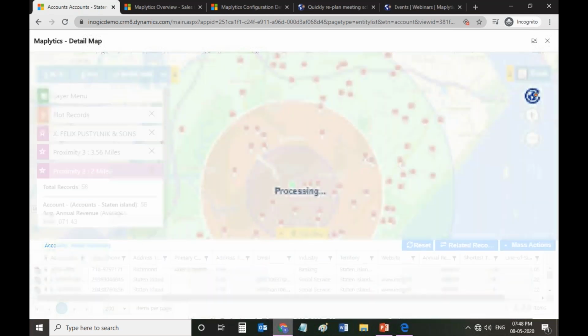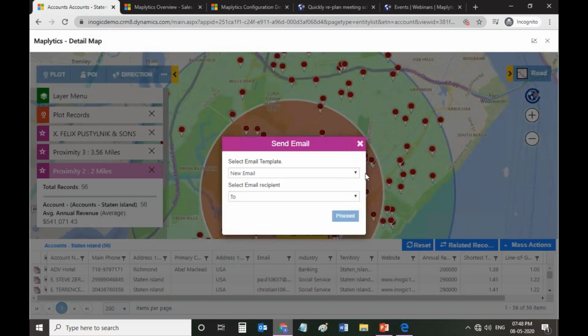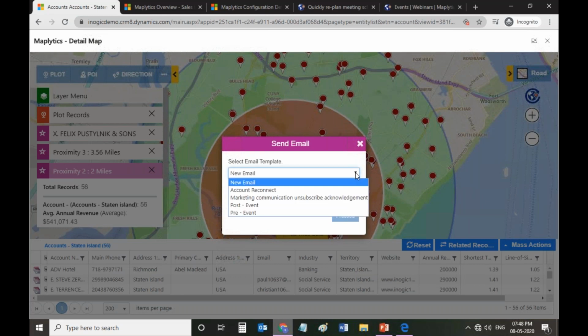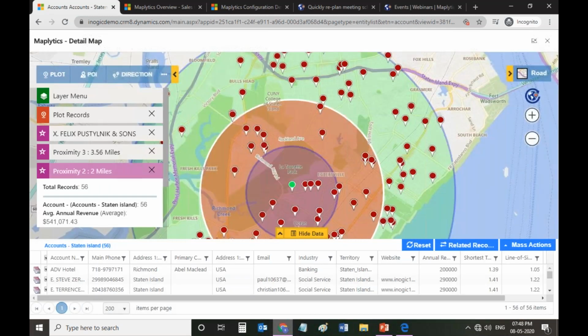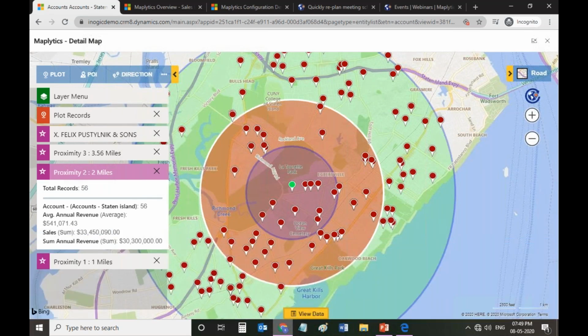If I just select the option of sending an email, this will give you the option to select a new email template or an already created email template, and you can send this as a bulk email to all of the push pins that lie within the two circles. So this is how you can use this proximity search to invite the clients to your events as well.